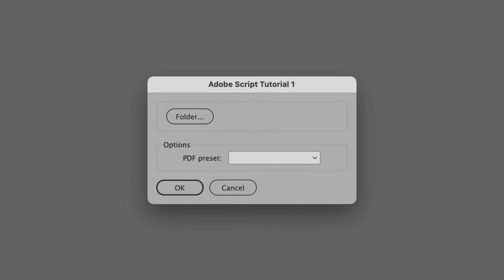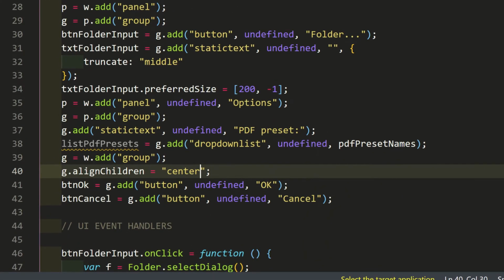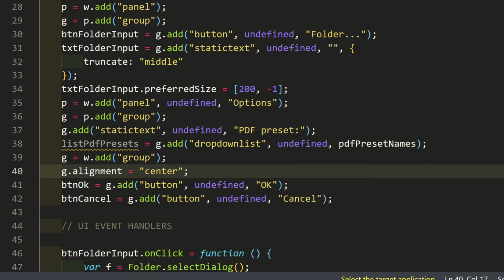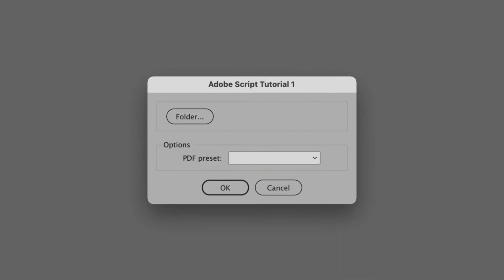Because I made a mistake in the last video. I meant to set the group's alignment property to center, not its Align Children property. Actually, setting that property wasn't needed, because by default, window elements align center. But now the window property Align Children is set to Fill, so that default is overridden. And because the group alignment is inherited from the window, it too is now set to Align Fill. So change the property to Alignment set to Center. That overrides the window align children for this one child element. Now the buttons are back to centered.